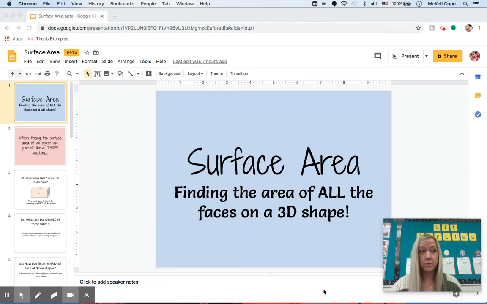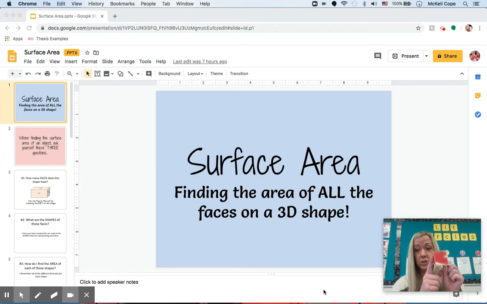So, if you feel super confident with yesterday's lesson on just area of two-dimensional shapes, then today we are just going to take it to the next level and it will be the perfect way for you to be confident with today's lessons. So, yesterday we talked about finding the area of quadrilaterals and triangles and just reviewed all of those. So surface area is really just doing that over and over again until you find all of the faces